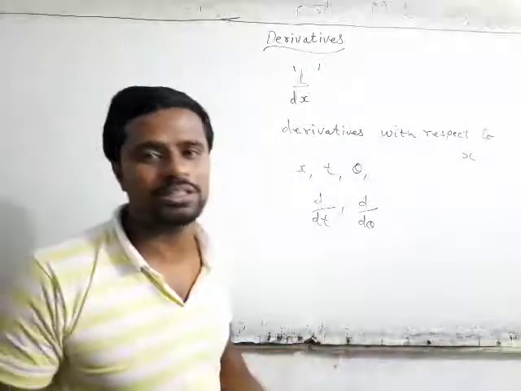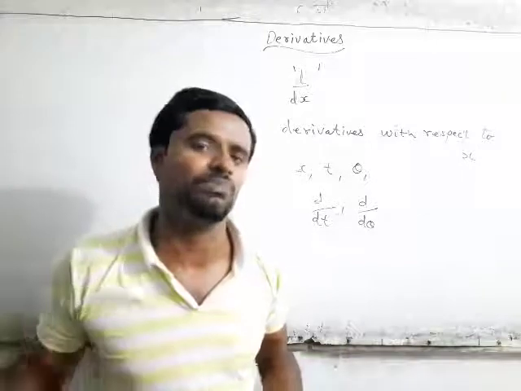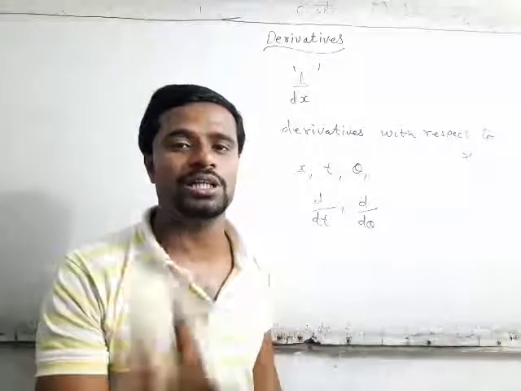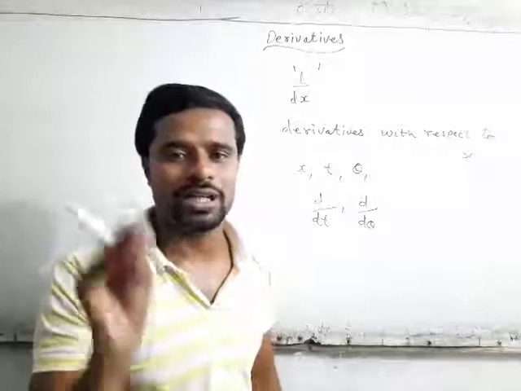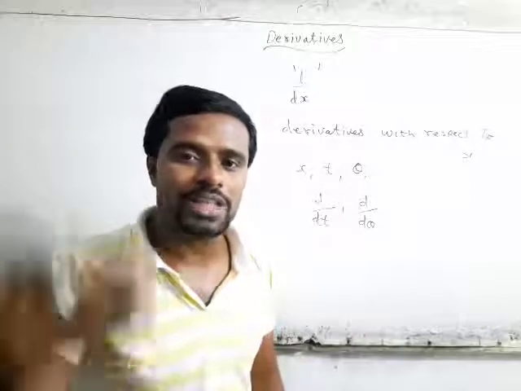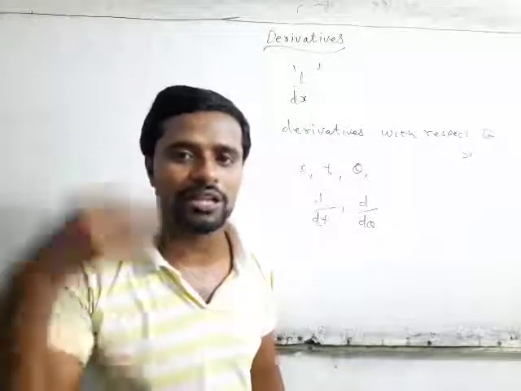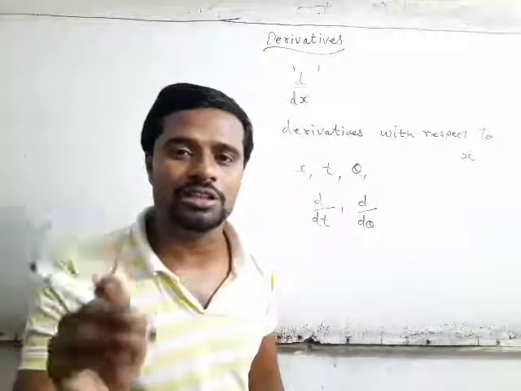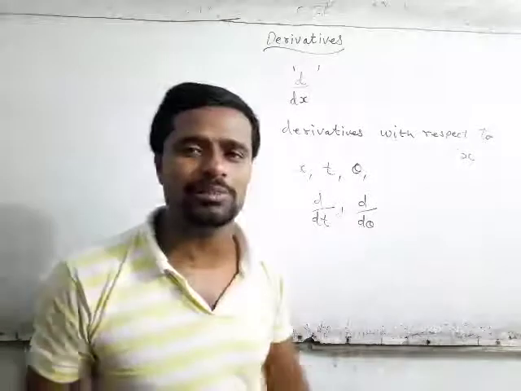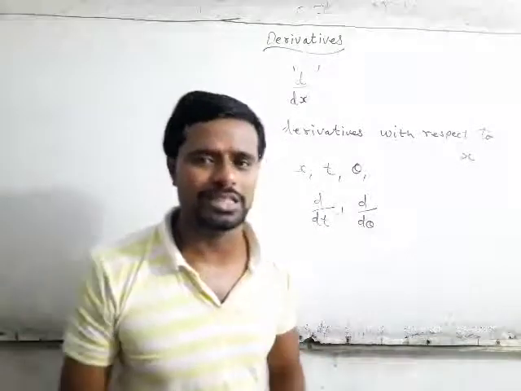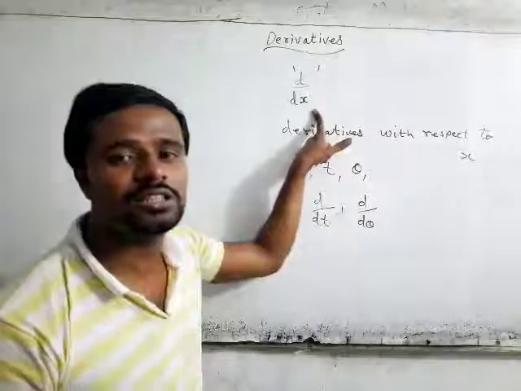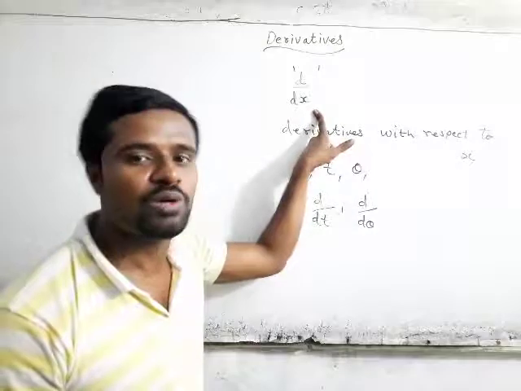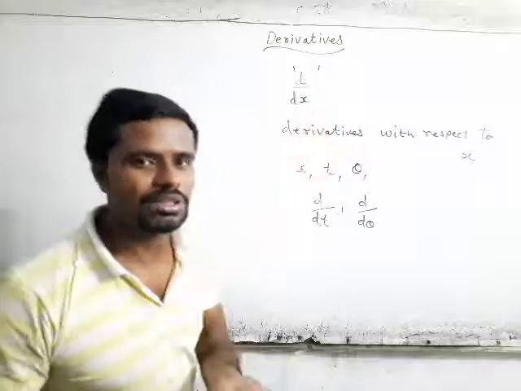Now derivatives means reduction. We just have to apply the formula and simplify. Everything is based on formulas. If you learn the formulas by heart, revise them properly, write and see them again and again, then you can easily solve the questions of this chapter. It is a very easy chapter, only based on formulas. So what is this d by dx? This is derivatives with respect to x. Now I will explain some important things.